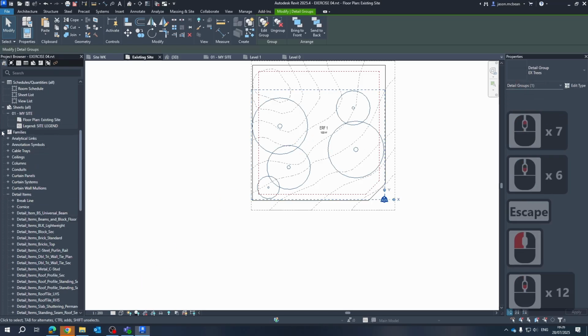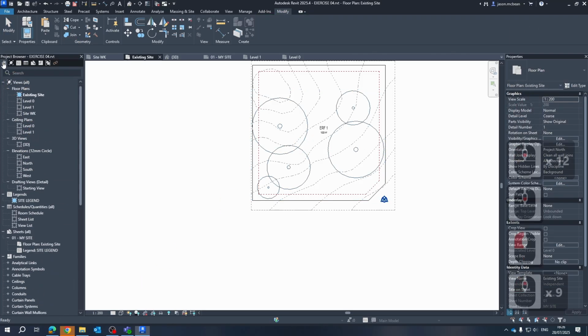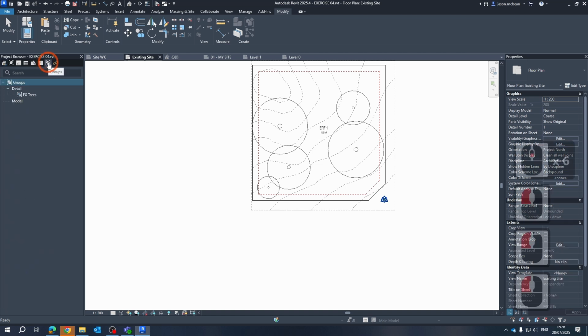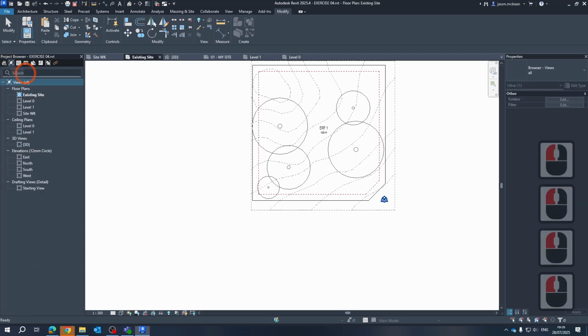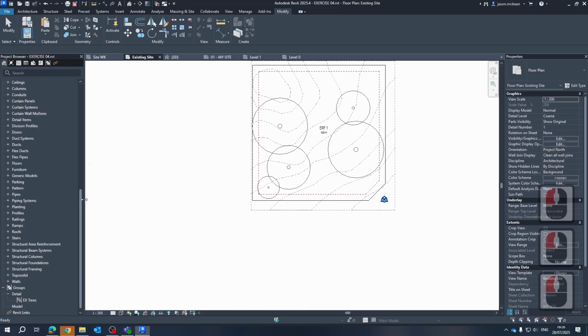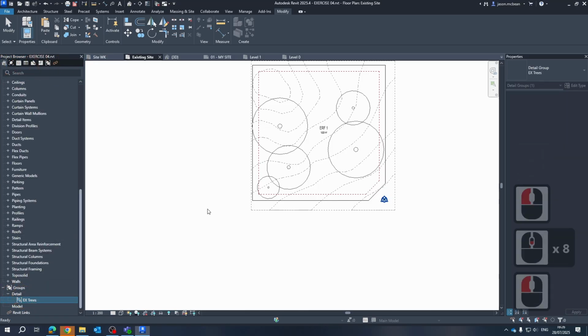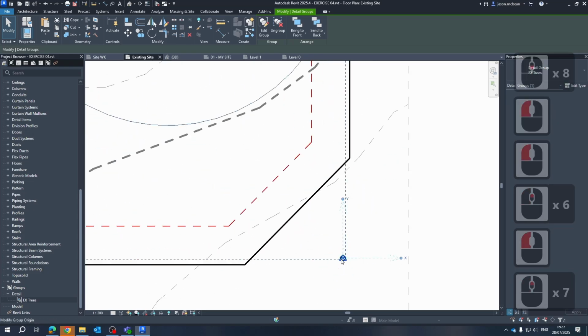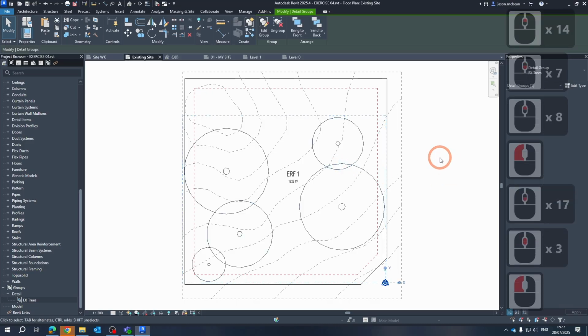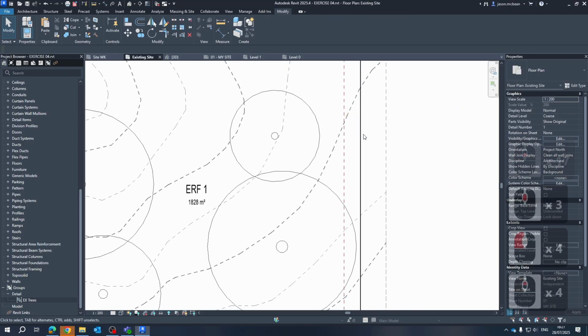Groups are typically found if you go to families. And the way you've set this up, just make sure that you're not filtering stuff, you're seeing everything. If you go right down past families, you'll notice you've got groups. You can just look at groups. I typically like to see all for now, but you can focus just on groups or just on views or just on legends. So remember, you've got that functionality. But typically now we've got one group which is an existing tree, and we've got an origin point that we can use every time. That's handy. Okay, so now we've got some existing trees, we've got some existing contours,